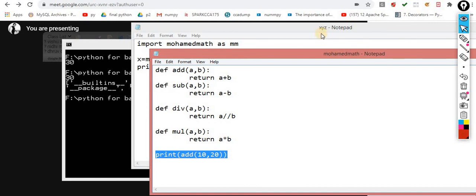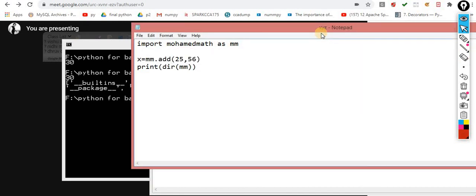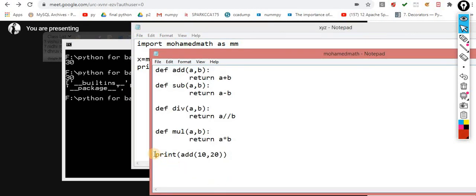When I call xyz.py and import this module, I don't want to execute this one. For this I have to take the help of the __name__ parameter.